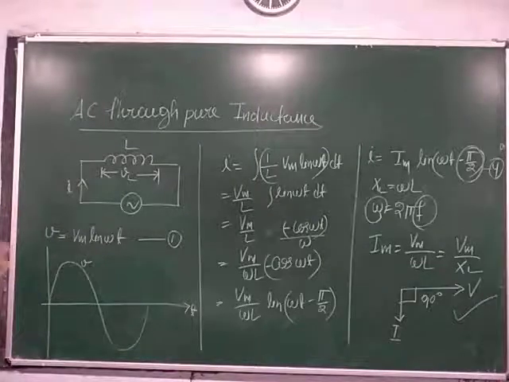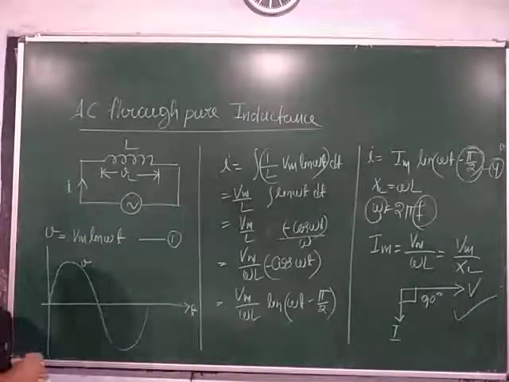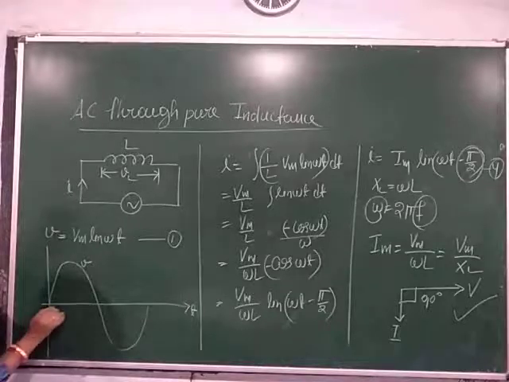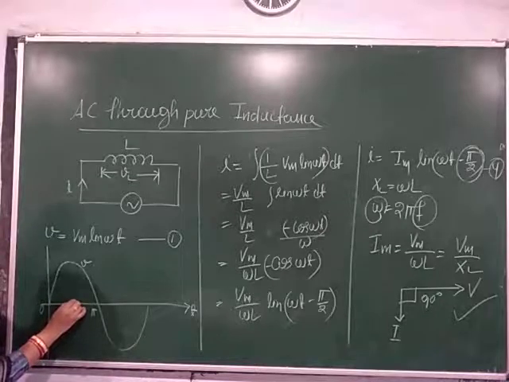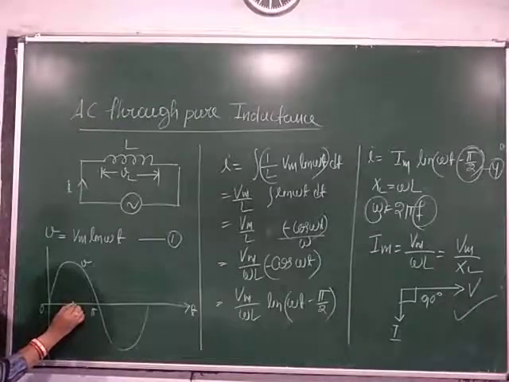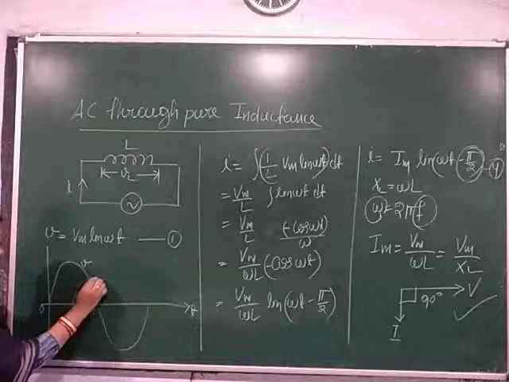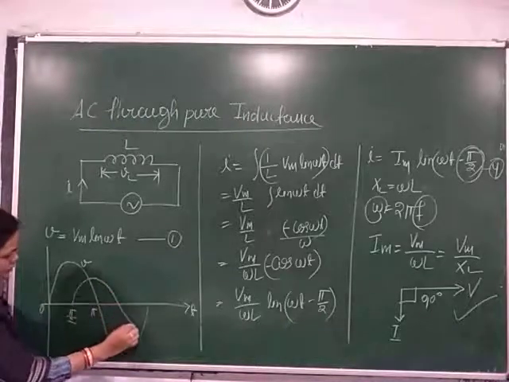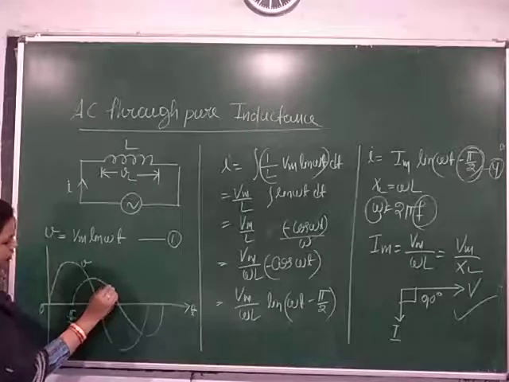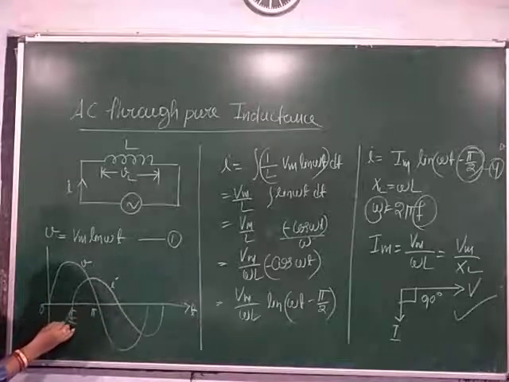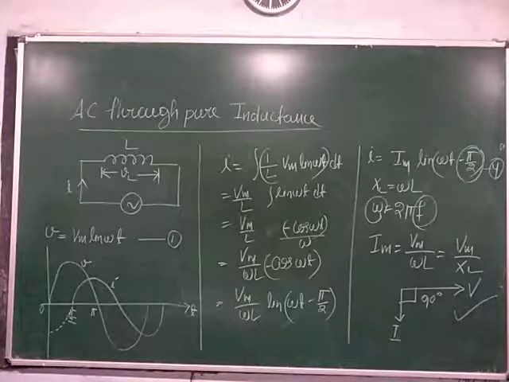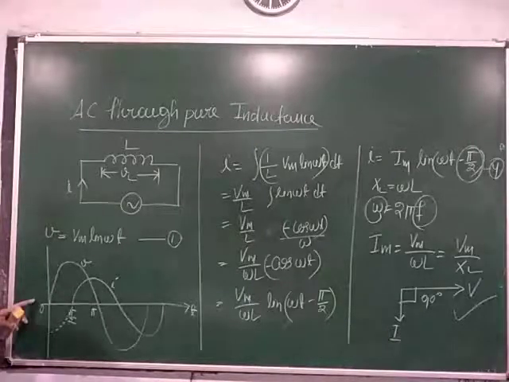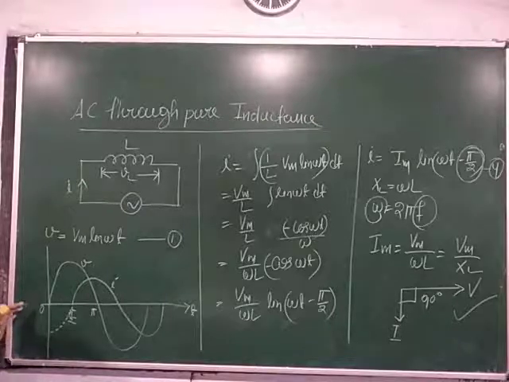And how does the current phasor come? It is 90 degree lagging. 90 degree lagging means this one is 0 to pi, this one is pi by 2. After 90 degree, your current waveform comes. It differs in phase also and in magnitude also. This is the phasor for current. And for completion, I draw the dotted line here. Clear? This diagram represents the waveform diagram of voltage and current flowing through an inductor.